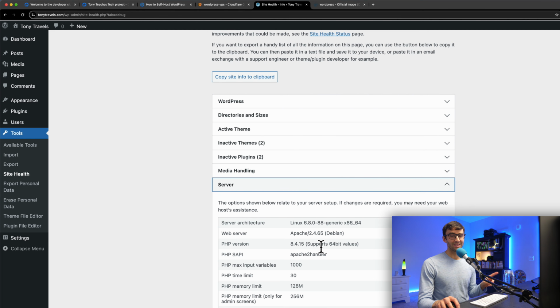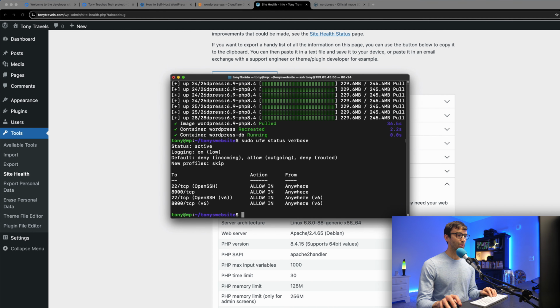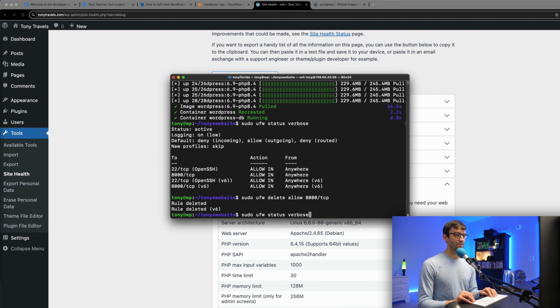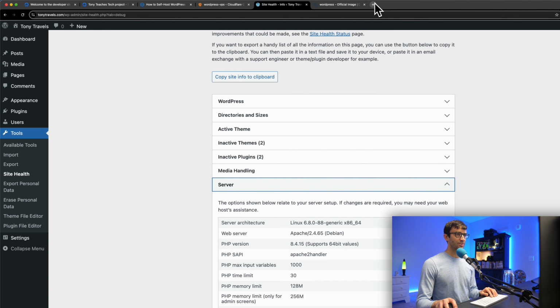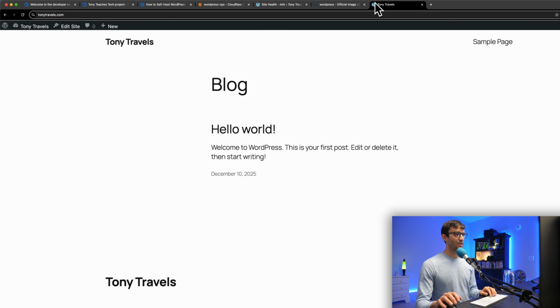There is one last thing that we want to do. The cloud-init script in the beginning did open up port 8000, so we could see that across the internet. We don't need that open anymore. Let's leave SSH open. Let's close down port 8000 with this command right here, sudo ufw delete allow 8000/tcp, hit enter. And then to confirm that worked, we'll do a ufw status again. And now we only have port 22 accessible. Let's do one last check to make sure our website still loads even though no ports are open,